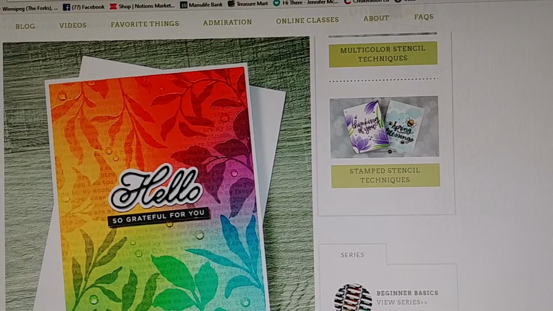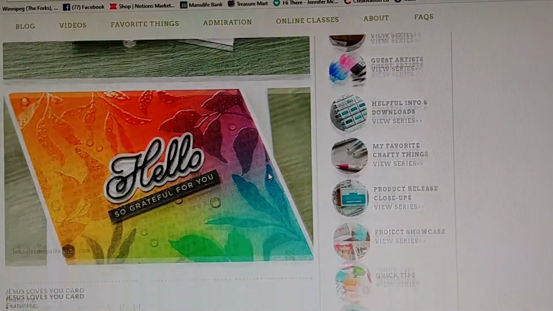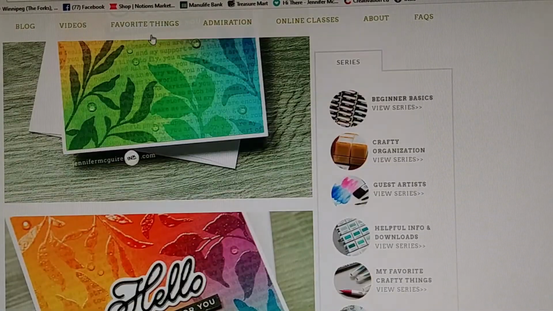Now, one other thing that I use Pinterest for is an inventory. And in Pinterest, you're able to make secret boards. Just when you create a board, you can click a button to make it secret. You can also make boards that you share just with specific people. So let's say when I went to class with